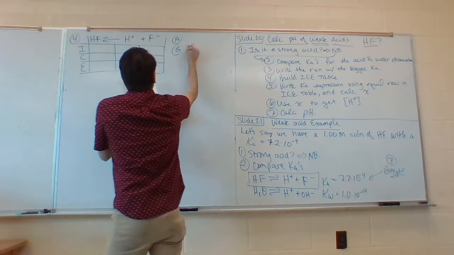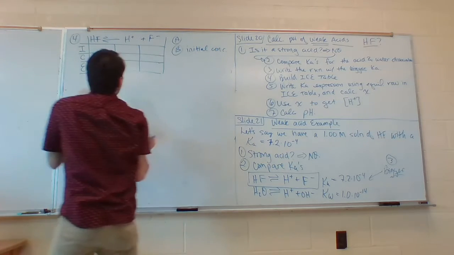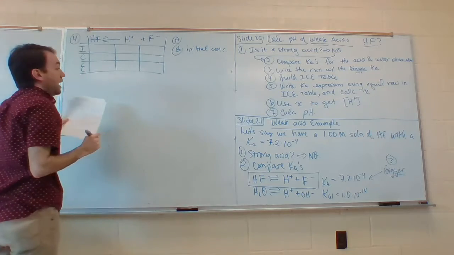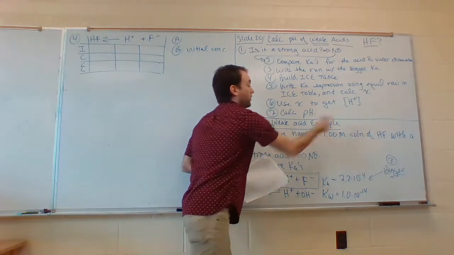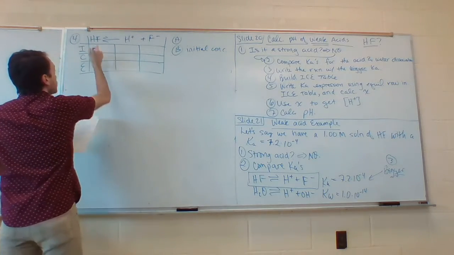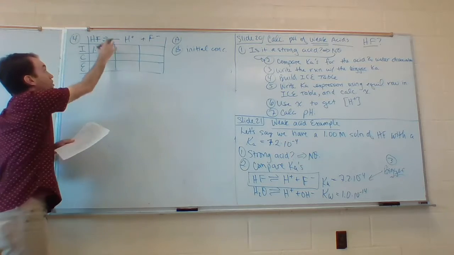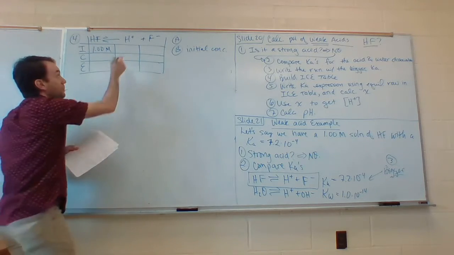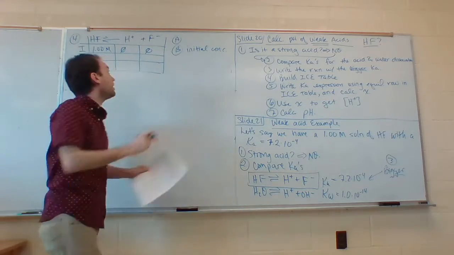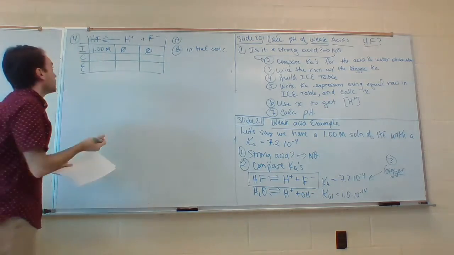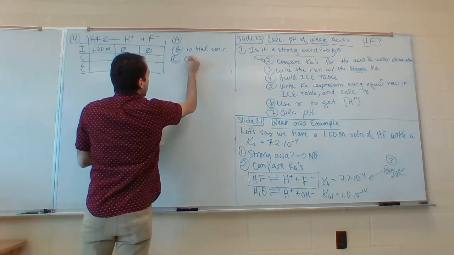In our initial row, what are we going to have? Well, we know that we have a 1 molar solution of HF, so we know our concentration for HF, that's 1.00 molar. We're assuming that it starts all together. So that means that we have none of this and none of this. We didn't say anything about it, so those are going to be 0, just like we've done before. Then we're going to have our change row,